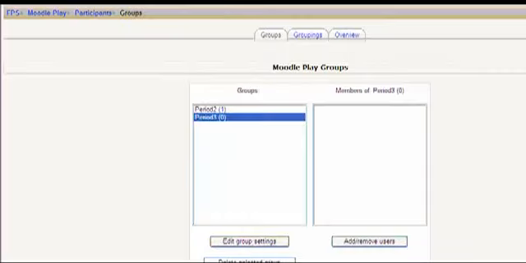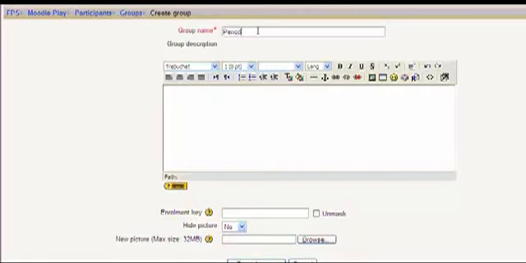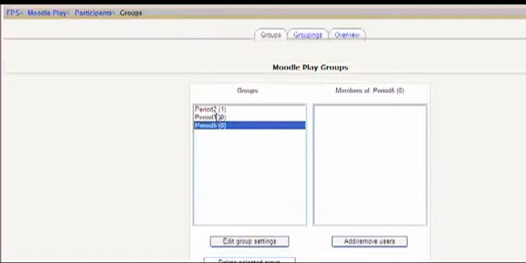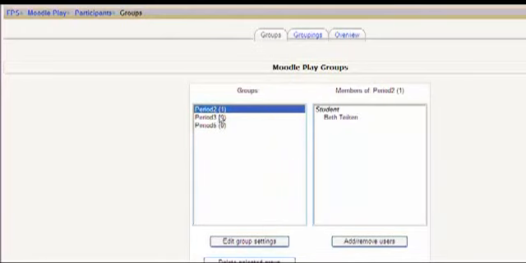And then I'll just do one more, create one more group, and call that period 5. And again, it's going to be AP Gov 5. And save my changes. Okay, so now I have 3 groups, and I have 1 student enrolled in period 2,